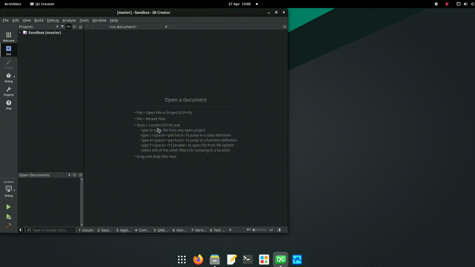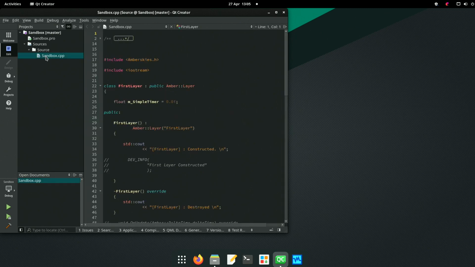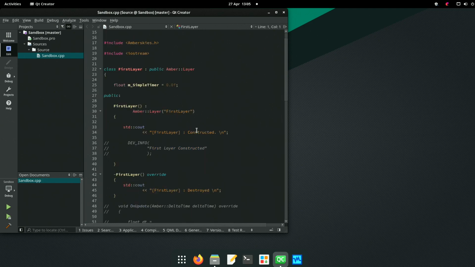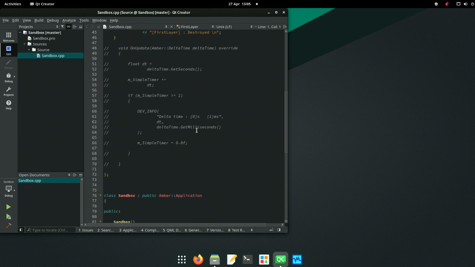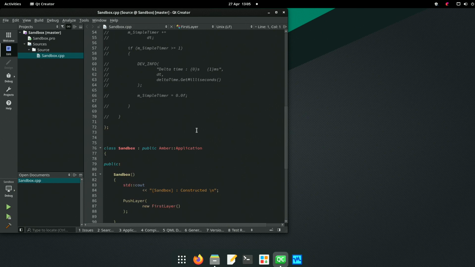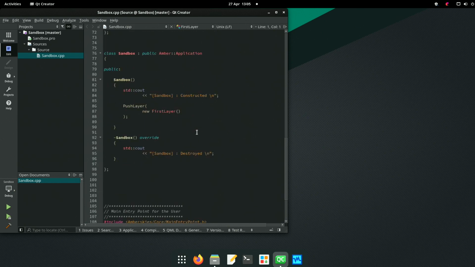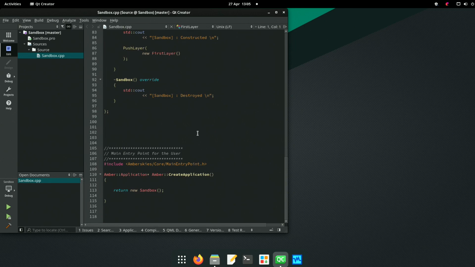Sandbox does. Where's Sandbox then? Where's this? And what is it? Okay. We've got an entry point. That's Amber Sky's core. That's not it.